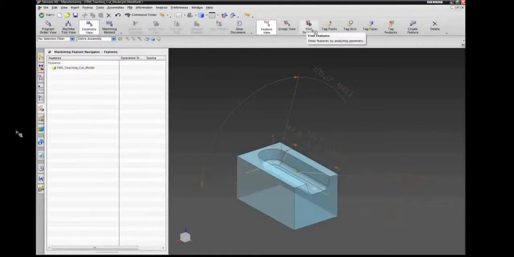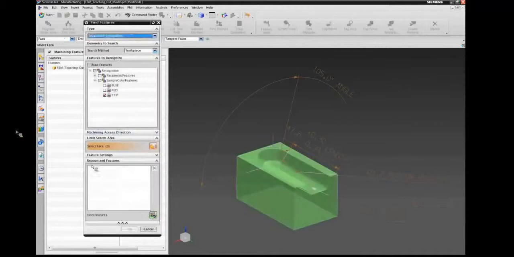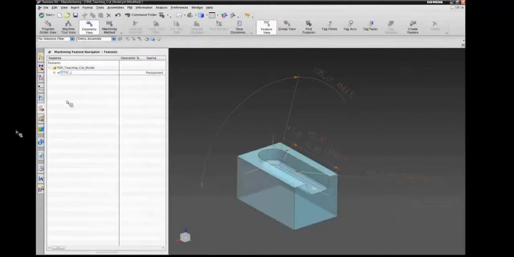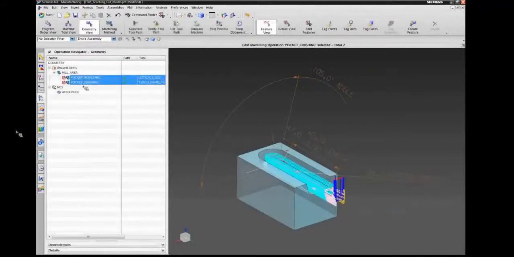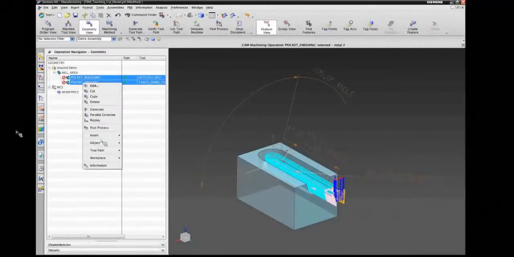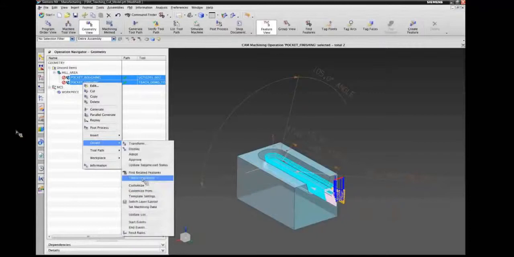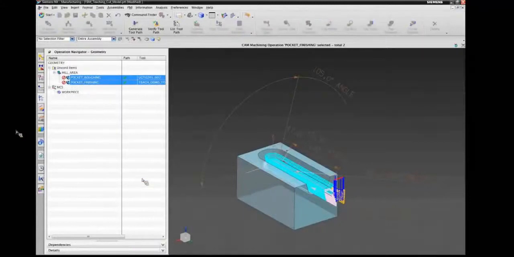Before I can do operation teaching, I of course also need to recognize the feature. So I'll do that briefly. Bring up the dialog. In this part, recognize my tech tip feature. And what I want to do now is basically say, those two operations, I want you to automatically create rules from those two operations. Object, teach operations,